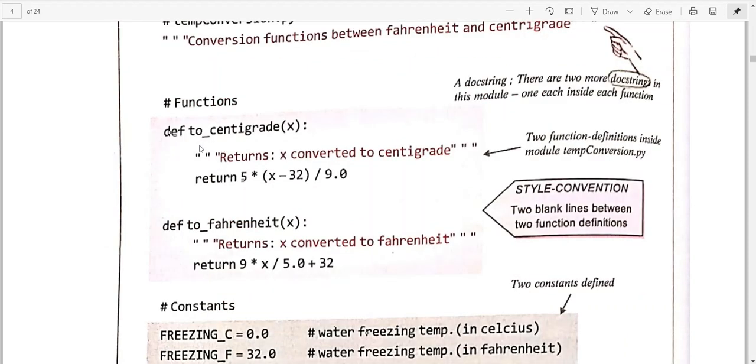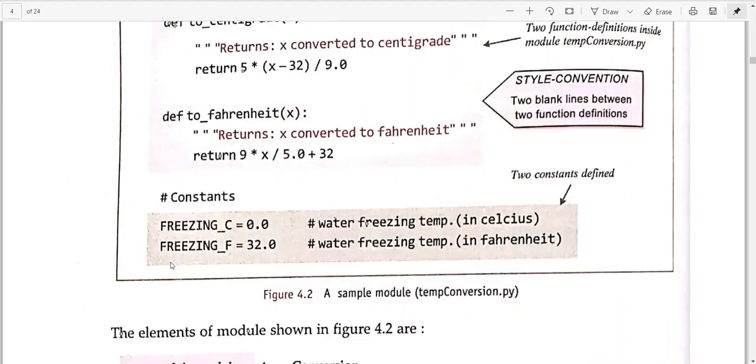If you want to convert to centigrade, you will give the temperature in Fahrenheit here, and using this statement it will convert it into centigrade and return it wherever the function call is encountered. Similarly, you will use this to Fahrenheit function to convert the Celsius temperature into Fahrenheit.